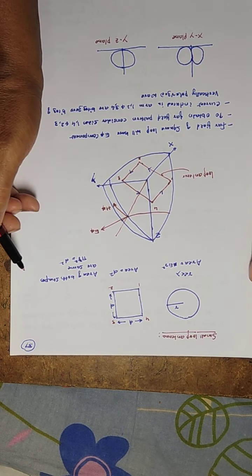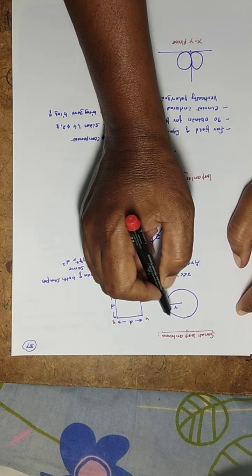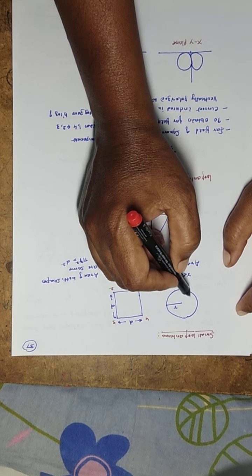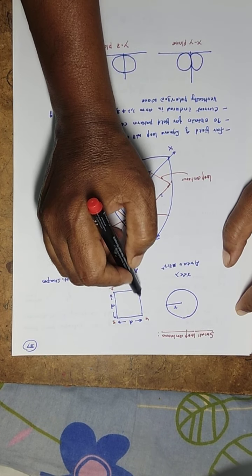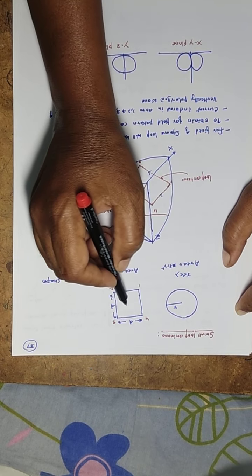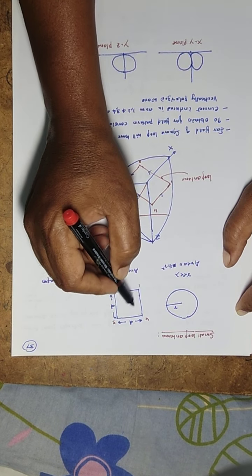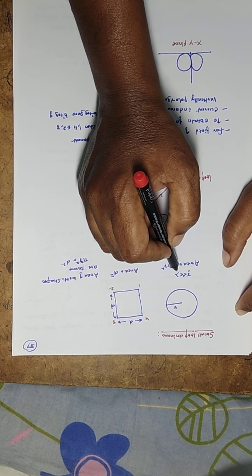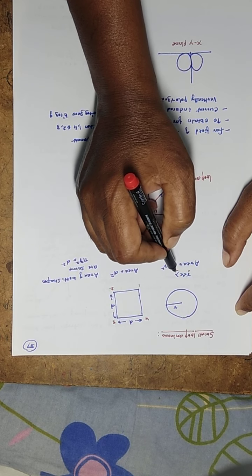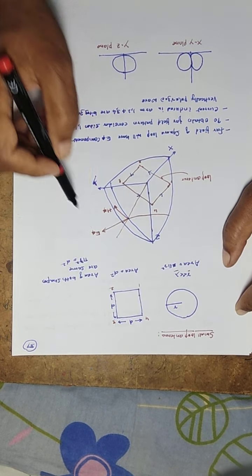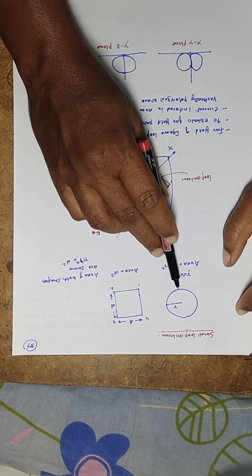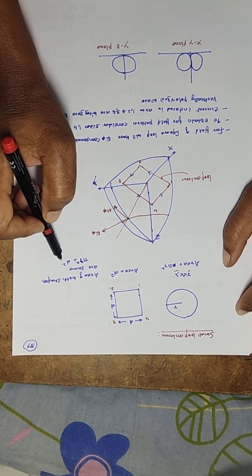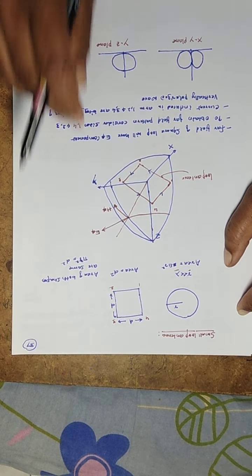Then I consider a small loop. A circle is a loop with radius r. I will replace this by a square loop with the same area. The area of this one and the area of this one are the same, and the radius r is very small compared to lambda. This is called a small loop or short loop antenna. The area of the circle is pi r squared and the area of the square is d squared, so pi r squared equals d squared. This is for our explanation.